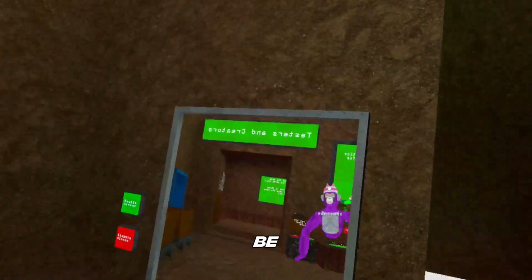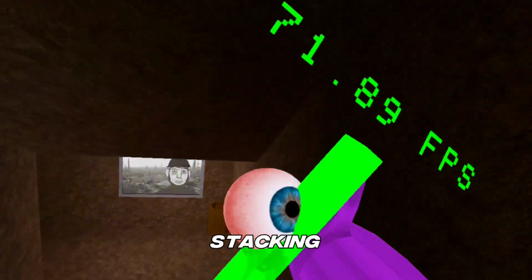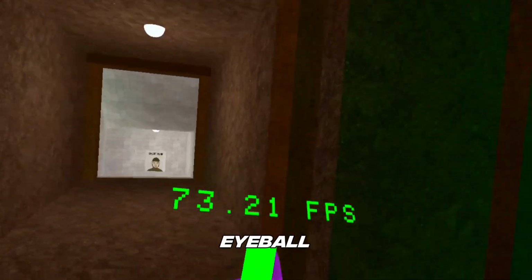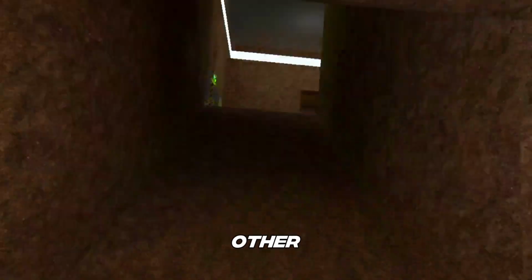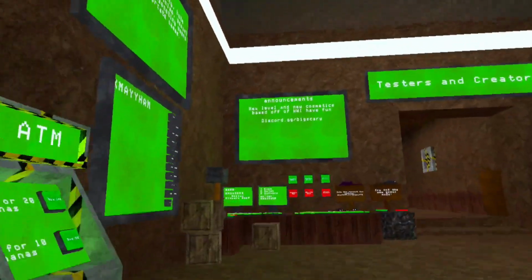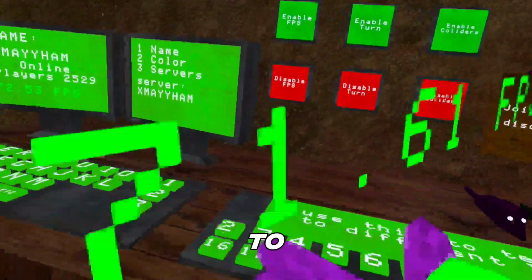Now, you can be like, look, I have 2 cosmetics. And, like, this is just crazy looking. You're stacking. And this is not, like, the eyeball down here. I mean, obviously. But now you have 2 cosmetics on top of each other. Which is crazy. But now, if you go to level 3... no, that was 2. How did I get to level 2? If you go to level 3...